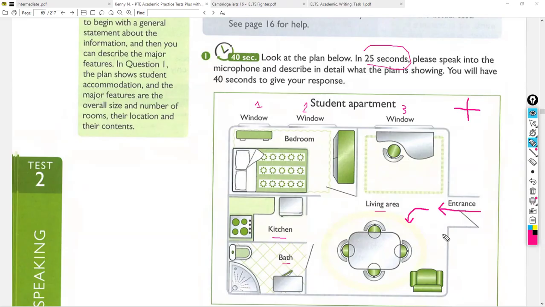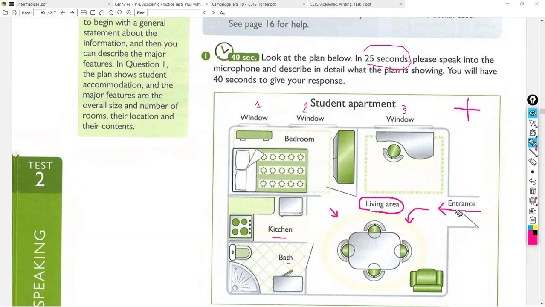Okay. Thank you so much, Ali. I know that you tried. First of all, Ali, you said living room. Is it a room? Living area. Sorry, it's not a room. I know that this bedroom is a room, and absolutely, I can see the borders. This is a room, but this is not a room. So I don't have to say living room, I have to say living area.